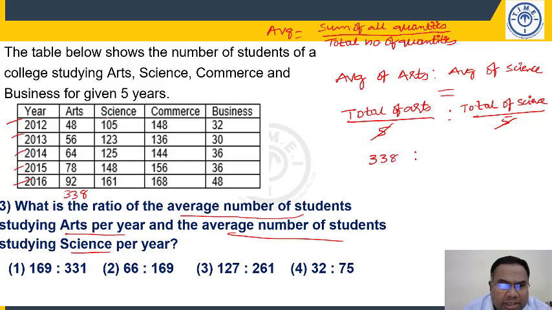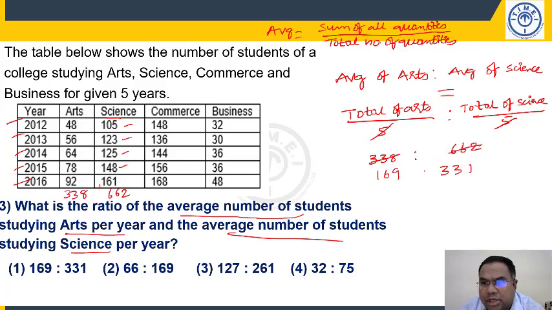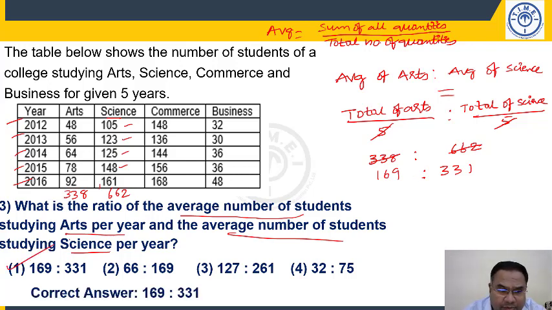Now, two digits we will add. 61, 109, 134, 157, 162. So, 1 carry forward. So, already 5 ones plus 1 more 1, 6. So, 662. Two digits you have to add. So, 2 is a common factor. 2 169 times, 2 331 times. So, 169 is to 331. It is present in choice 1. So, the ratio of totals holds good for the ratio of averages. You need not find the average separately, not required, because for the same number of years the average will get cancelled.